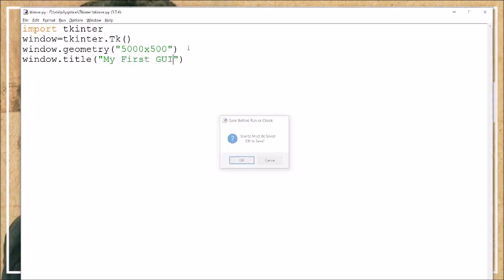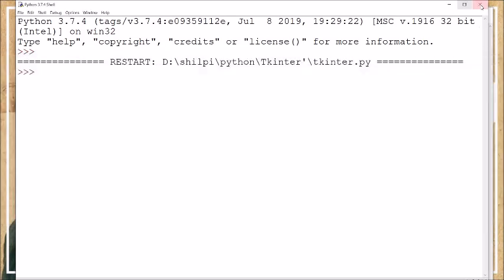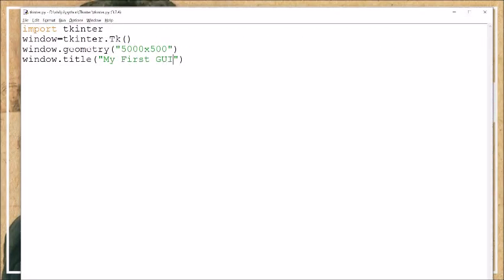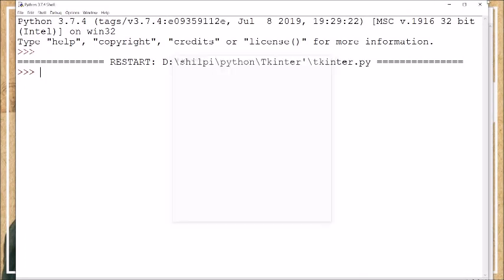So I'll run this. You can see my first GUI is written here. Oh, I made it 5000. I'll make it 500 by 500. Now you can see my first GUI is written here. This is the title of the window.